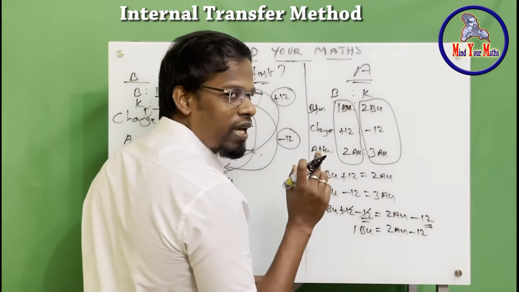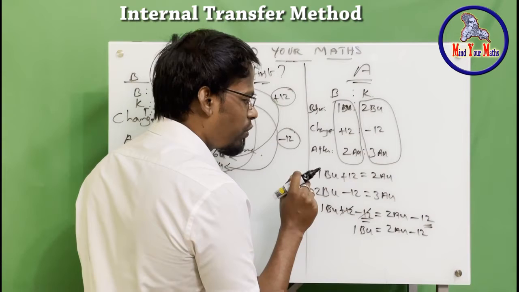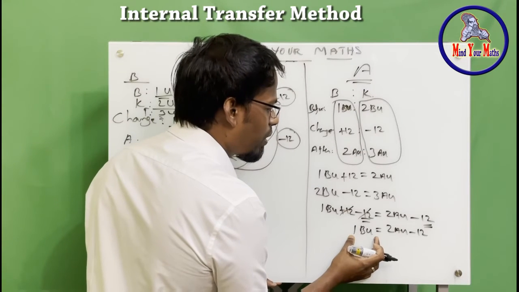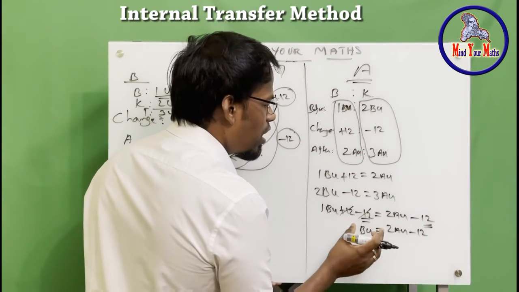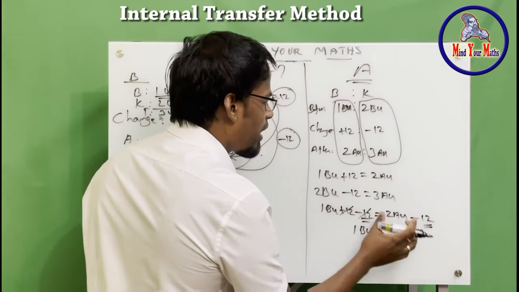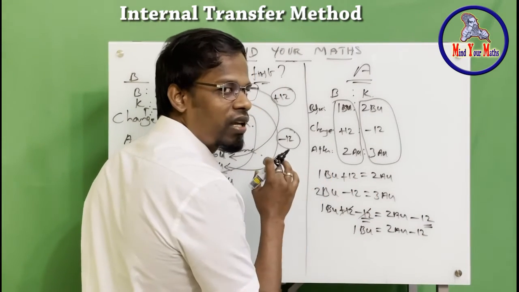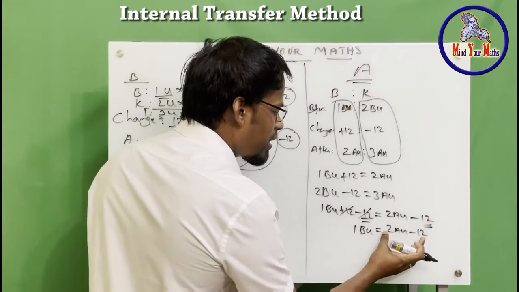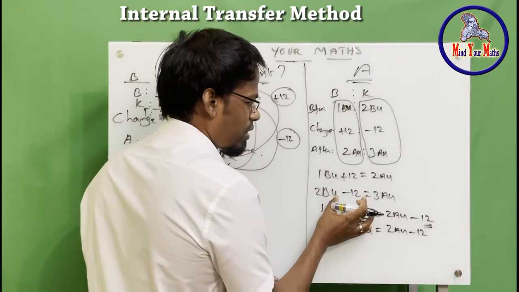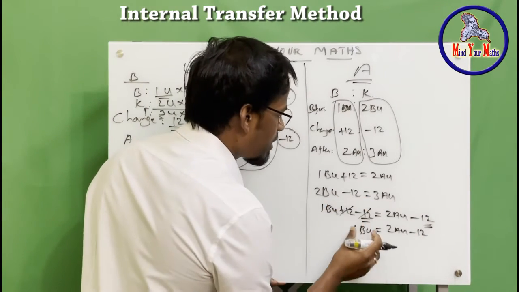So as always I say that if you are using two equations, when you isolate the variable from using one equation, don't substitute the value in the same equation again. That is a wrong approach. You have to substitute the value in the next equation always, yeah? Okay, so let's substitute here.